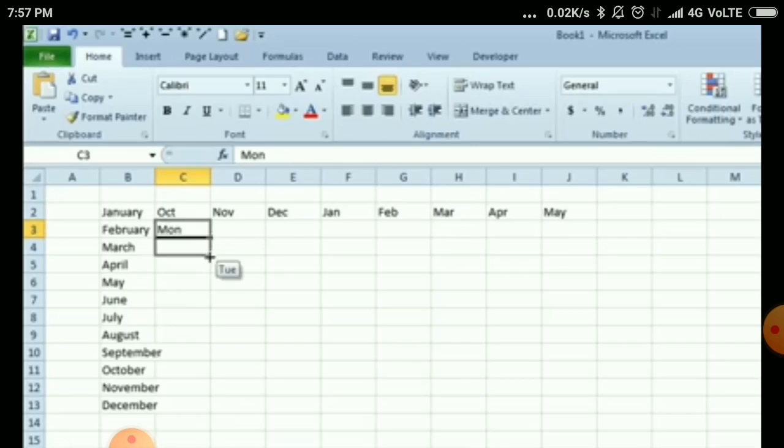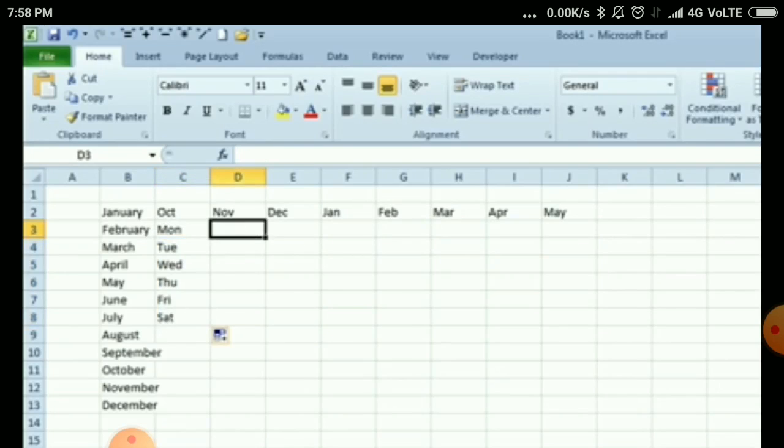Same process, with the help of the fill handle I'm dragging it vertically now. You can see Monday, Tuesday, Wednesday, Thursday, Friday, Saturday. It fills the cells up to where I have dragged.